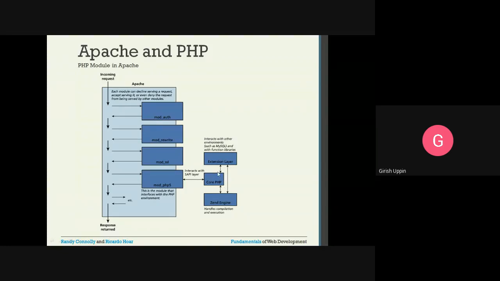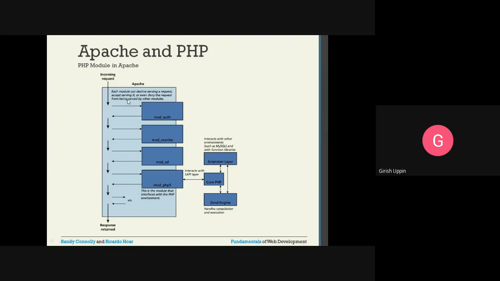These are the extension layers, and this is the Zend engine, which handles compilation and execution. So all the compilation and execution of PHP code is taken care of by the Zend engine. After that, the HTTP response is sent back to the server.